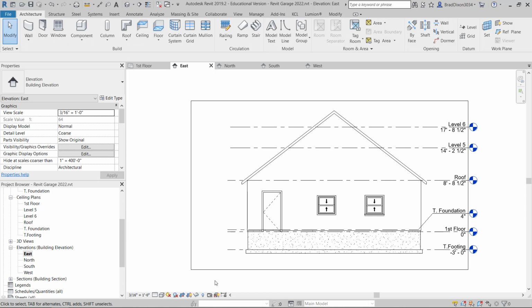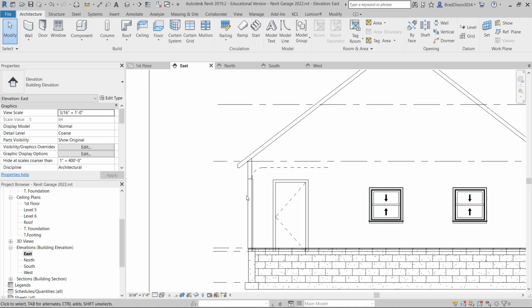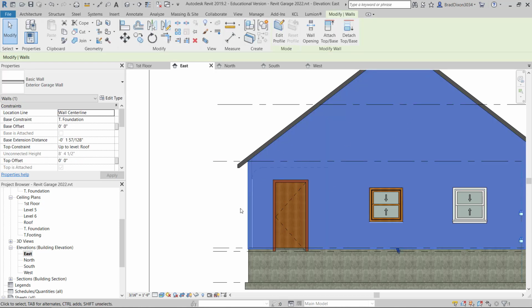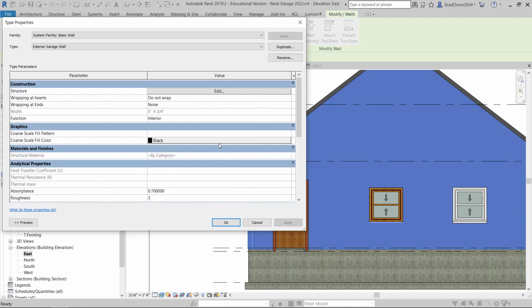Right now, if I come down to my visual style, this is hidden line. If I did wireframe, it would show everything going through the building, so I don't want to do that. And I could also show it in realistic. Whenever I show this as realistic, I never actually went in and assigned a siding. So I'm just going to select that wall. That's my custom wall I made from the very beginning, and I'm going to go back in and prep this